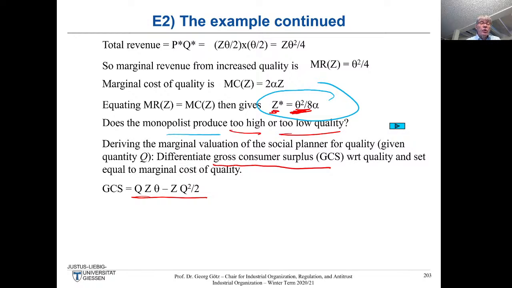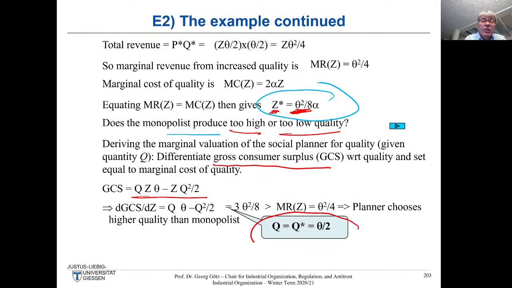And what we are doing is we want to look at how that gross consumer surplus changes if we marginally increase quality. So we take a derivative with respect to C, and we get straightforwardly Q times theta minus Q squared over 2. Now what we enter here is our second-best welfare measure. We want to evaluate that at the point where we have the output of the monopolist. So we take the monopolist's output decision as given, and what we obtain here is